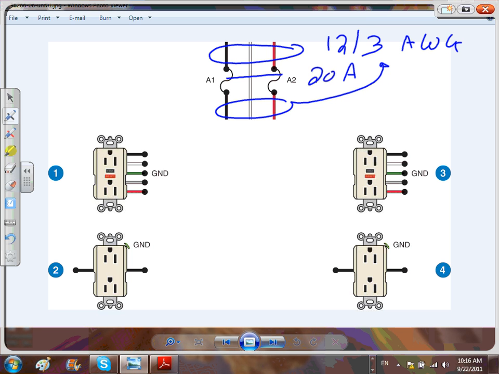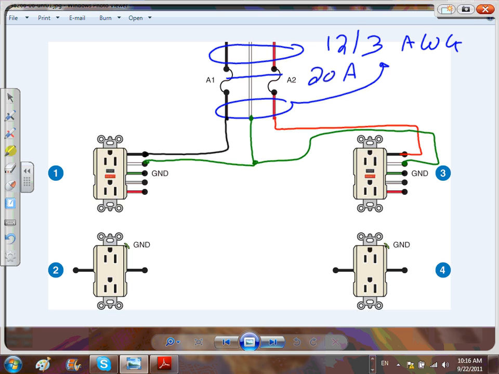Grab the black here and tie it to the black. Anybody has issue with that? The red from here, tie it to the line side, the red. Okay, the second one, I'm going to use the green here as my neutral. Grab my neutral, tie my neutral from this side to this neutral, and grab the same neutral and take it all the way and tie it to the second end. So now I energized